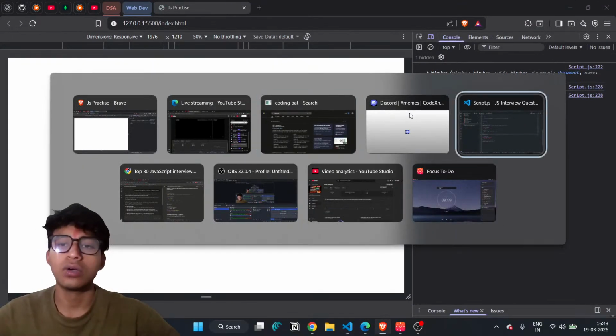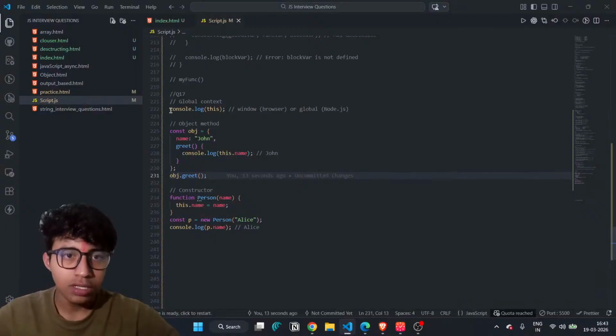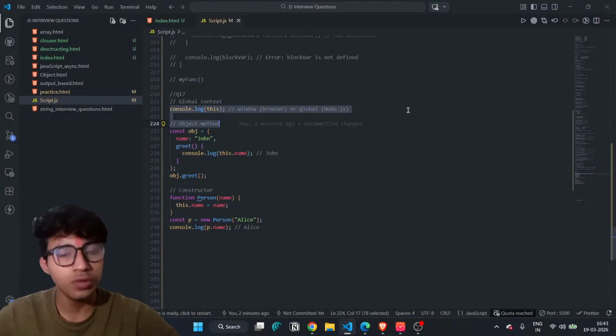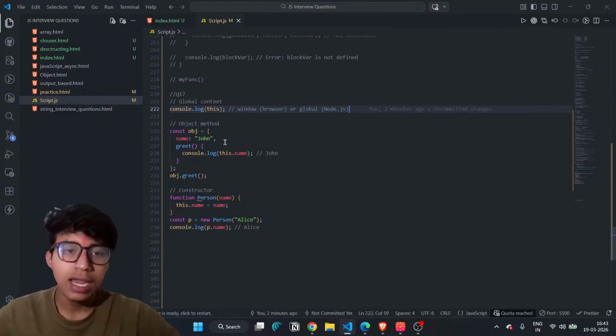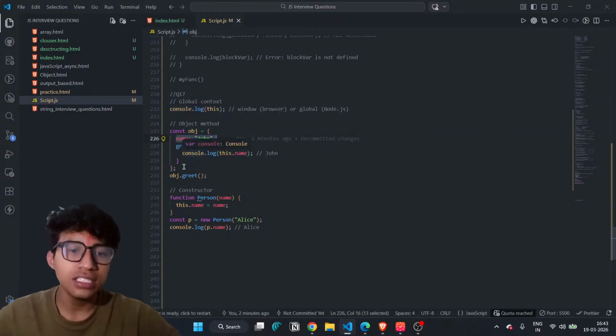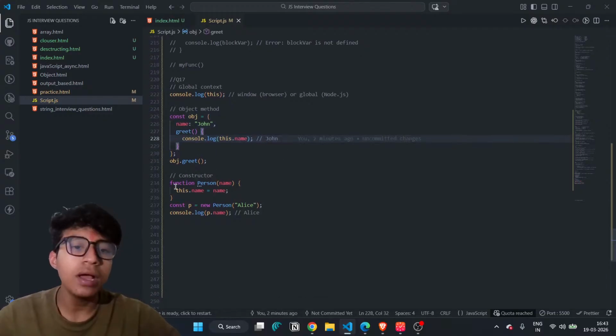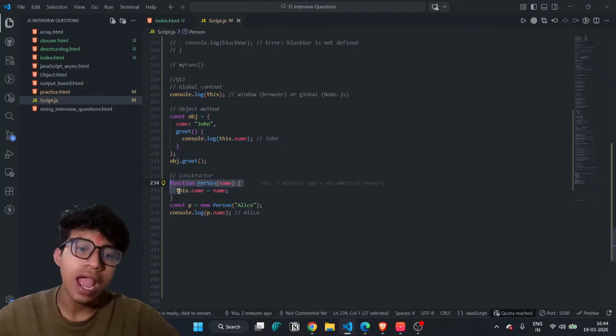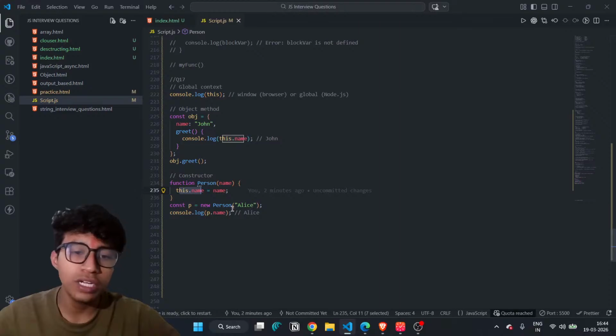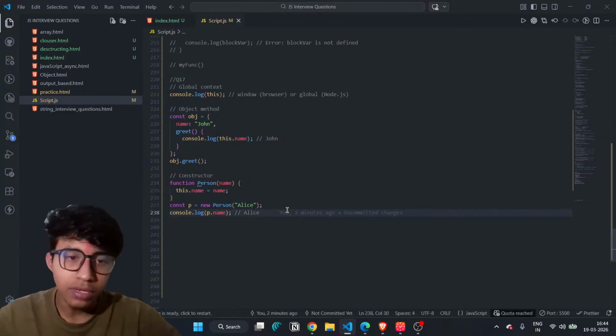And let's go to their code editor and you can simply see that इसके अंदर हमारे अंदर विंडो ब्राउजर के अंदर जो भी फंक्शनैलिटी होती है, दे विल बी सिंपली प्रिंटेड देयर। एंड दिस इज एन ऑब्जेक्ट जिसमें हमने एक नेम दे रखा है, नेम की हमने वैल्यू दे रखी है। एंड दिस इज अ फंक्शन एंड ऑब्जेक्ट डॉट ग्रीट को हमने फंक्शन कॉल कर दिया। एंड इस फंक्शन ने क्या किया? दिस से हमें जो उस लोकल स्कोप है उससे उस नेम को टारगेट किया और जोन हमें यहाँ पे प्रिंट करके दे दिया। एंड यहाँ पे हमने कंस्ट्रक्टर बनाया एंड फंक्शन डॉट नेम एंड नेम की वैल्यू जो थी नेम कर दी। ठीक है, एंड वट एवर अ यूजर कॉल दैट फंक्शन न्यू पर्सन, and this function is called and we putting that value, and when we console.log p dot name it will show the alias. ठीक है।